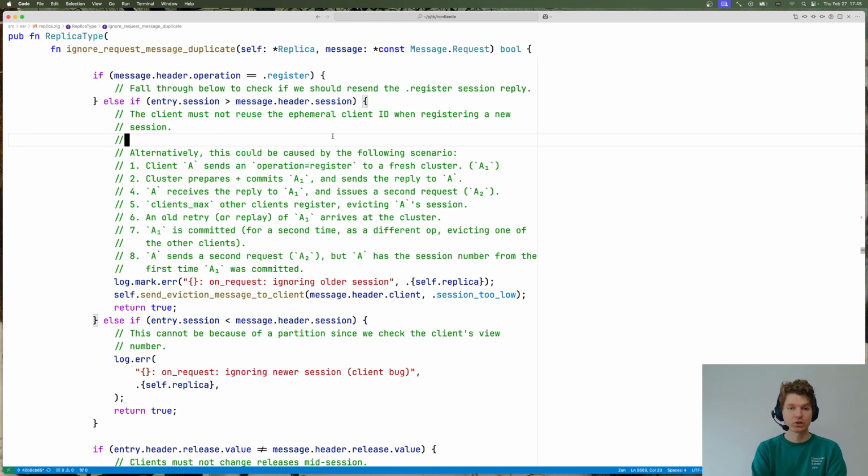Client A sends an operation register to refresh cluster A1. Cluster prepares and commits A1 and sends a reply A. A receives the reply to A1 and issues a second request A2. Client marks our client, okay. Okay. Now I see why we need session numbers, and that is pretty